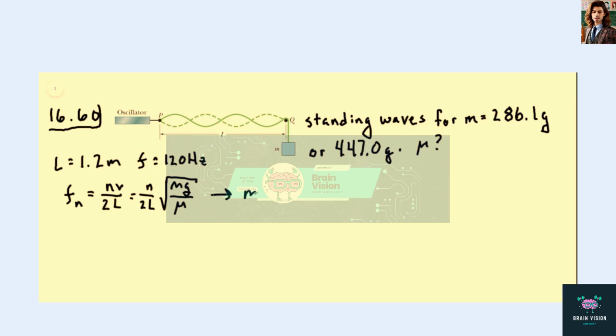So then this implies that the mass that produces the nth harmonic is 4L squared, f squared, times the density, divided by n squared g. So we see that the block mass is proportional to 1 over the mode number squared. So what we can do is then take the ratio of our two masses,